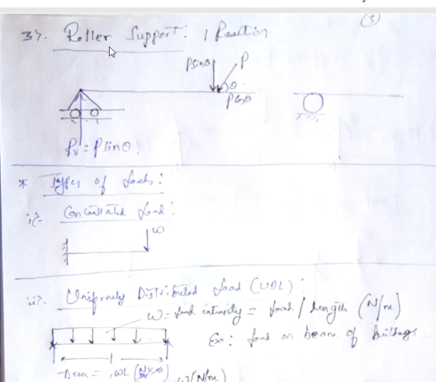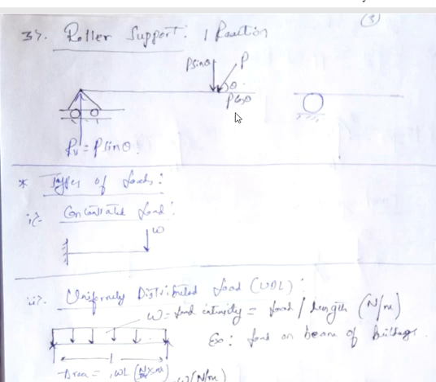Now coming back to third type of support, it is called as roller support. The symbol for representing this roller support is this one. You can use this symbol, or also you can use just a circular roller. That doesn't mean in practical situation also the roller support looks like this itself. Practical situation may be different, but for representing, the roller support is represented in this manner. Now how many reactions are there in roller support? To understand that, again I am going to apply a force P at an angle theta. This P will be resolved into P cos theta in horizontal direction and P sin theta in vertical direction.